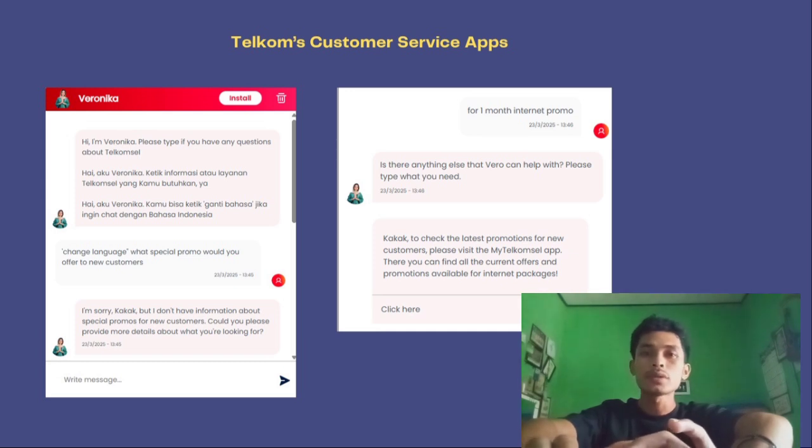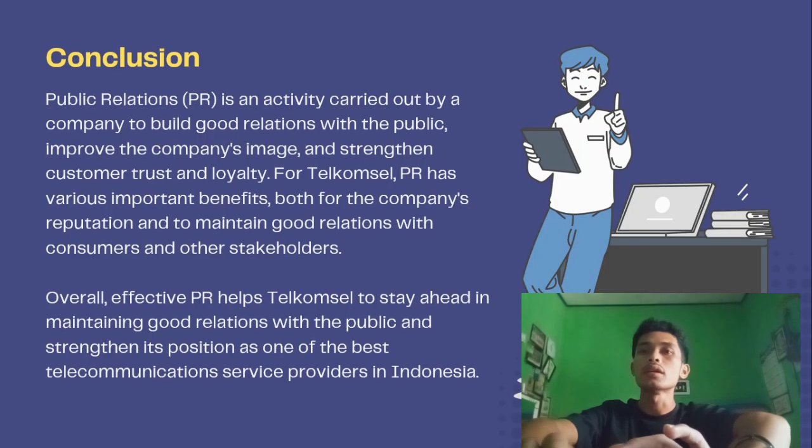So if customers have a question or feedback for Telkomsel, they can chat with the AI, whose name is Veronica. Okay, in conclusion, public relations or PR is an activity carried out by a company to